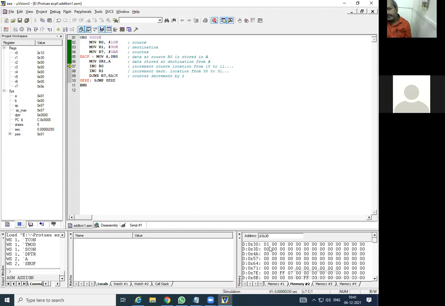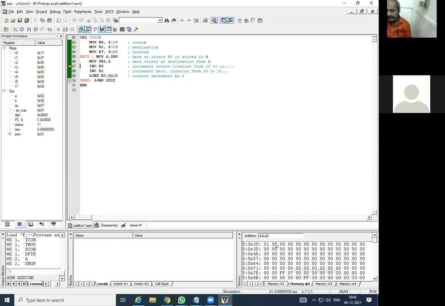Now in this memory location you check out 0x30. See, 1 has come here. That is how the first data has been transferred from position 10 to position 30. Then go step by step. Again the same loop happens, and now you can observe 02 also transferred.